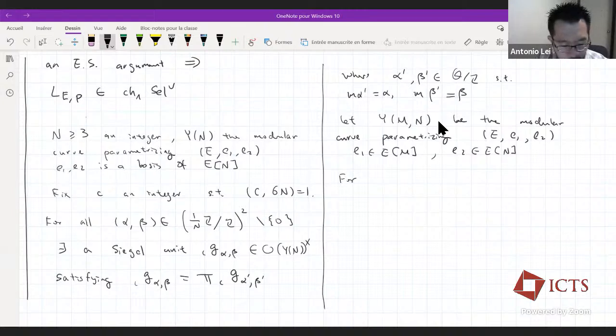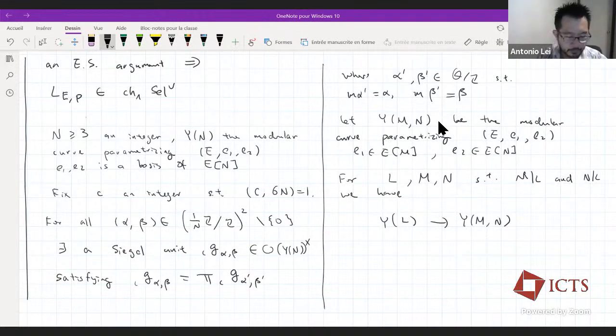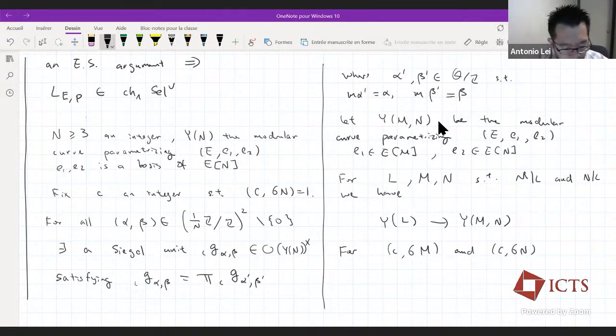For an integer L, with M dividing L and N dividing L, we have this natural projection map going from Y_L to Y_{M,N}. And for c, which is coprime to 6M and 6N,